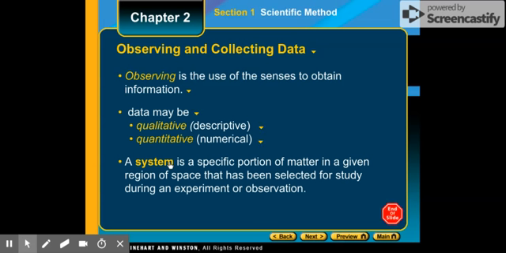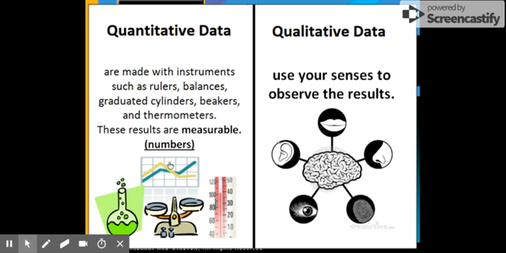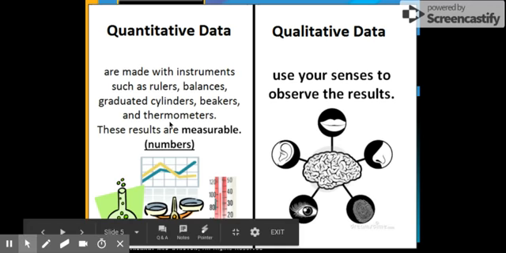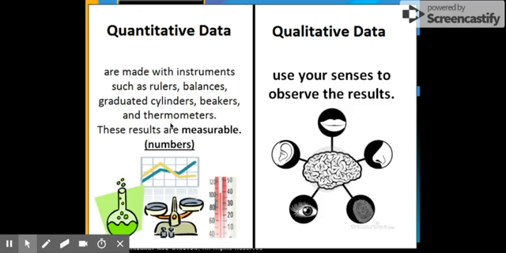So let me give you an example of these particular types of data. On your screen, you see the difference between the two. When we say quantitative data, these are data that you got from your instruments, from your measuring instruments. These measurements or these instruments gather data that are numerical, meaning there are numbers, there are measurements. So some of these tools or instruments are rulers, balances, graduated cylinders, beakers, and thermometers, because these instruments have calibration,